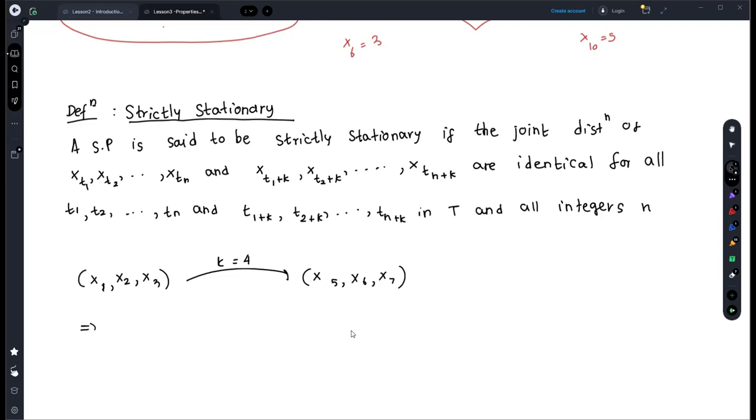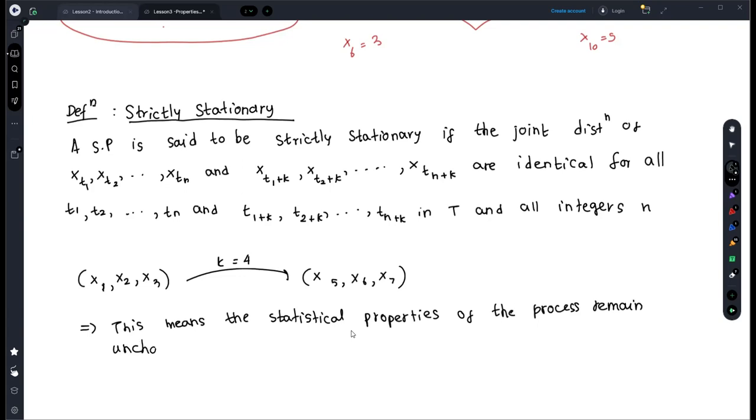So in simple words, this means the statistical properties of the process remain unchanged as time elapses,